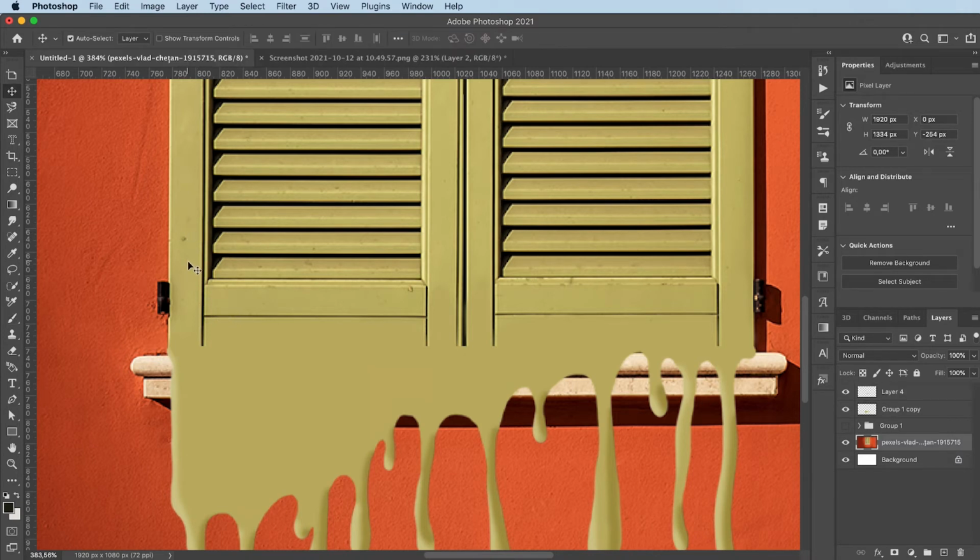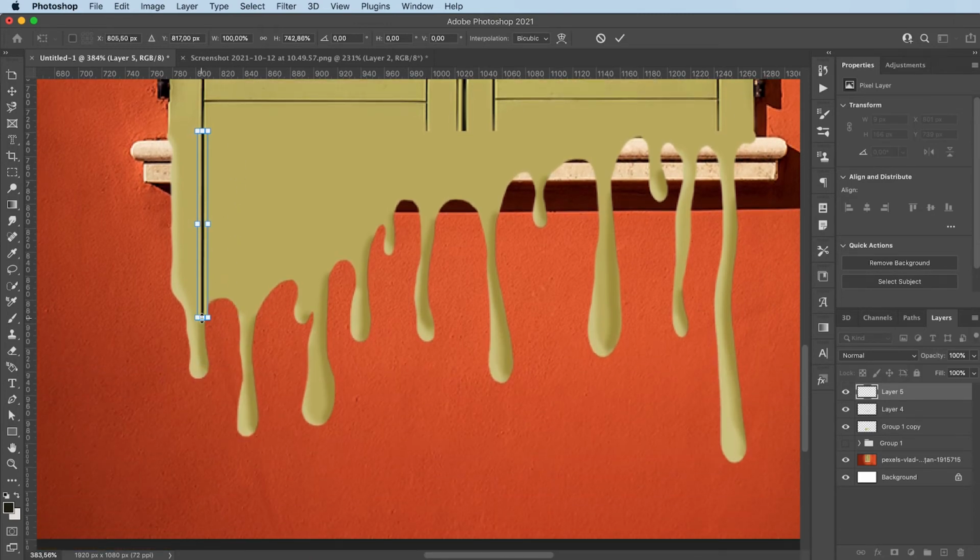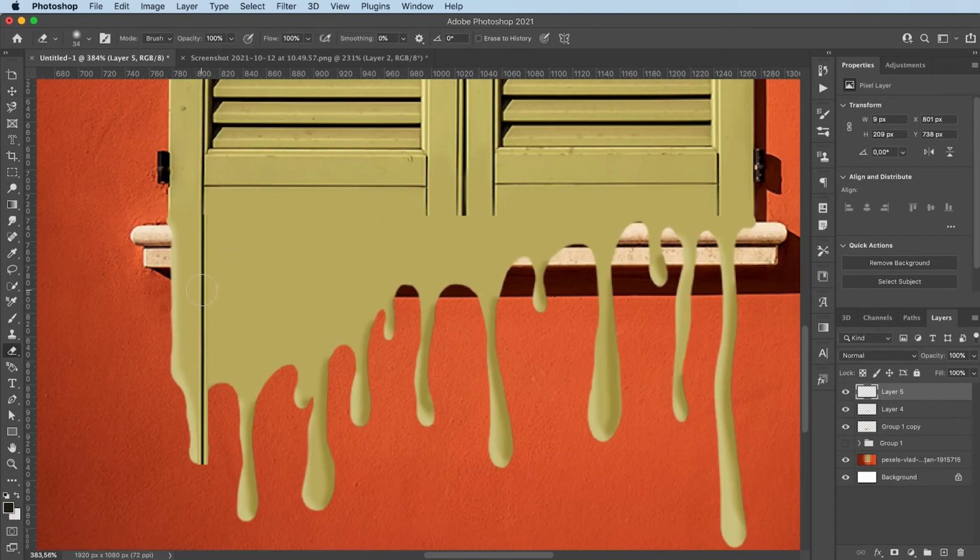So we're going to select our background image, select our line, Command J to duplicate our line on a new layer, and then drag that layer on top of everything. Now we can click and drag it downwards. We can press Command T to transform and stretch it a little bit, all the way to the end. Right, so over here. After that, we can fix it by